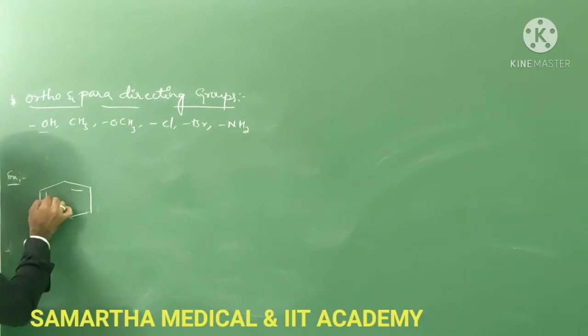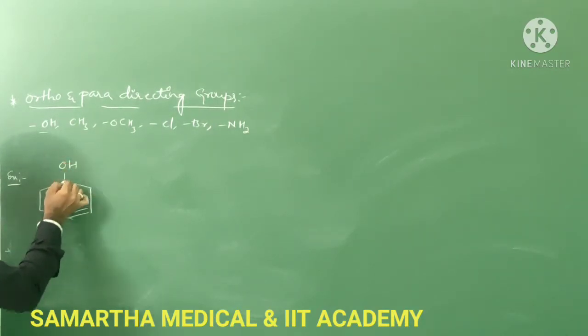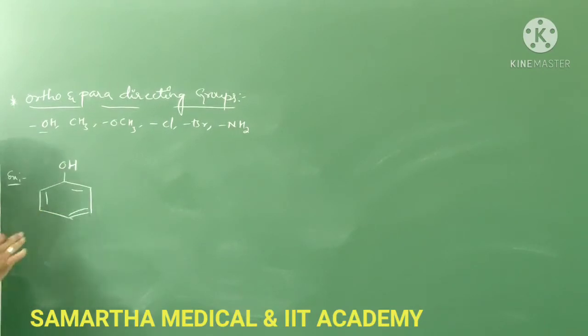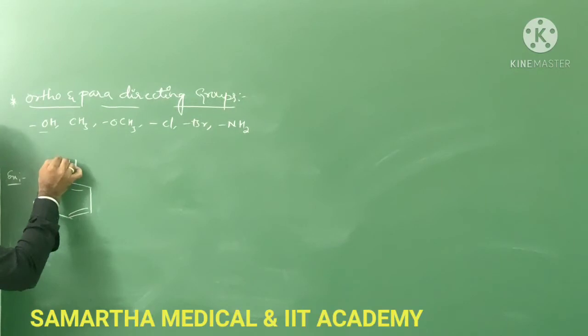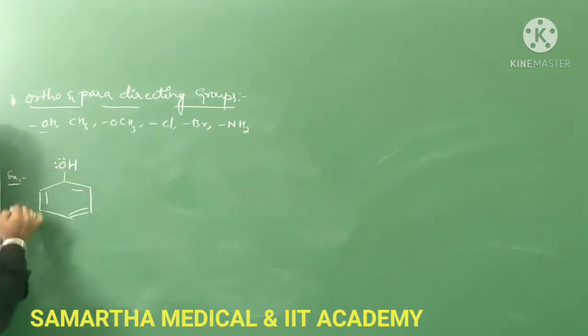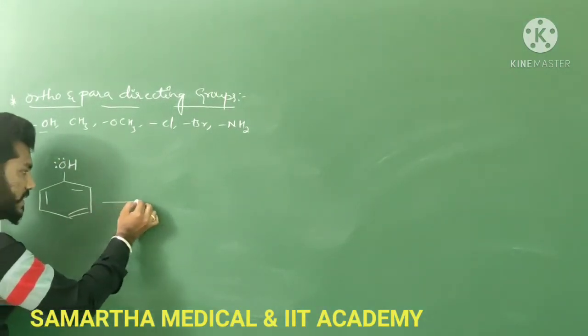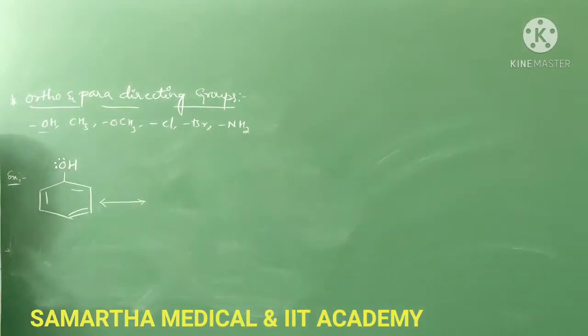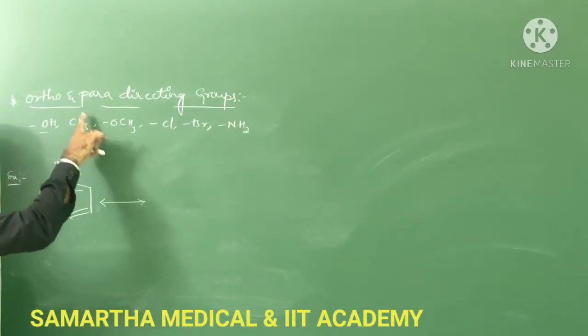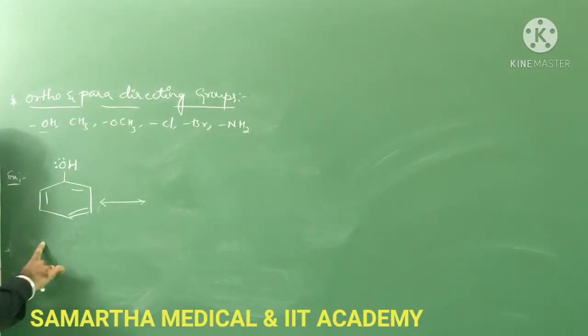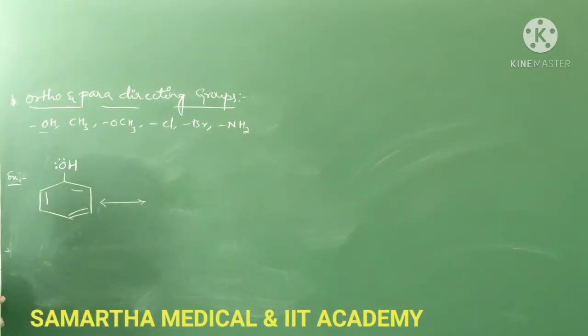Of course we take one particular group. This OH group is present on the ring. The OH group acts as an electron donating group, which is nothing but an activating group. And oxygen has two lone pairs of electrons on it. If you look at the resonance structures, guys, what is actually going to happen? Why do we call these groups ortho and para directing groups? By seeing their canonical structures, you will come to know why.